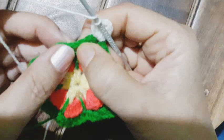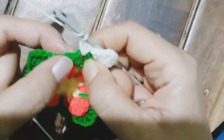Now what I'm going to do is hop into the next gap and work 3 double crochet. So that is done. After that I am going to hop into the next space and work 3 double crochet again. That's the chain 1 space,